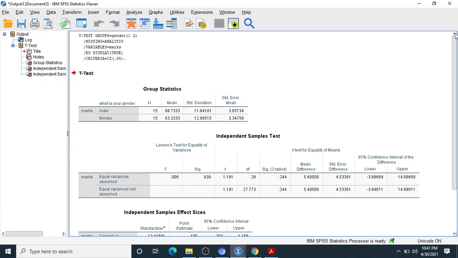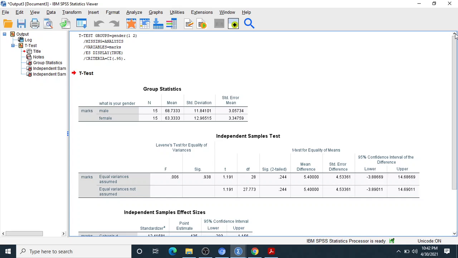t-test. This independent t-test is part of the parametric test, and in the parametric test, if there are two categories, one male, female, or the senior manager or the junior manager, or some other categories, and we just want to compare these two categories, then the next step is we check the normality and the homogeneity. If these two assumptions are fulfilled, we go for the independent t-test. If they are not fulfilled, we go for the Mann-Whitney.